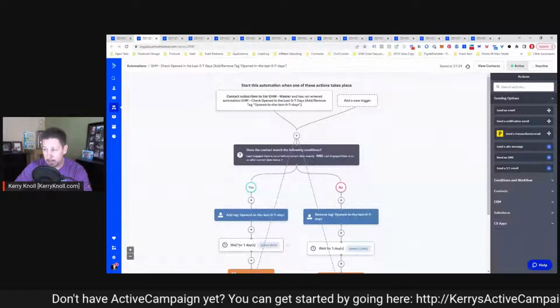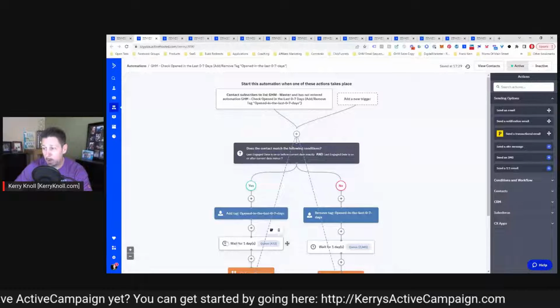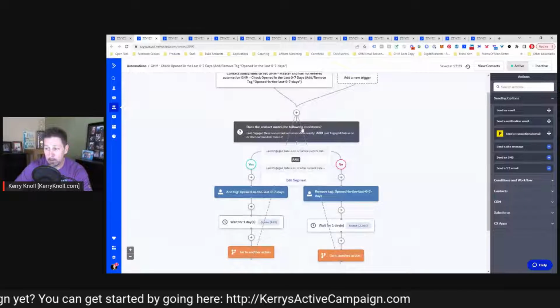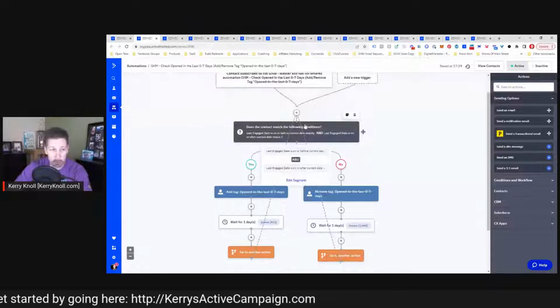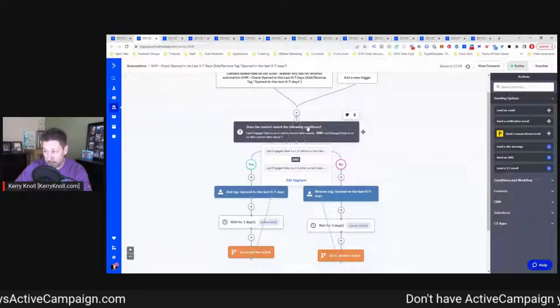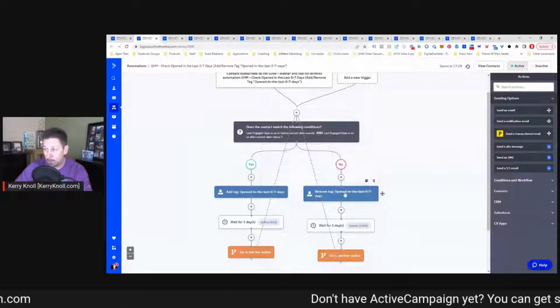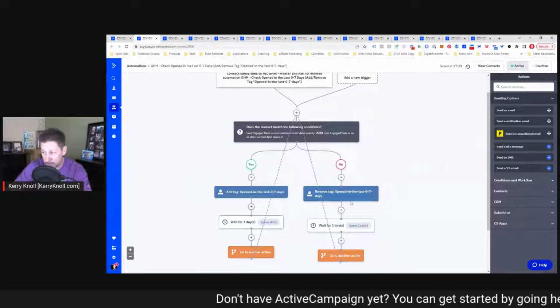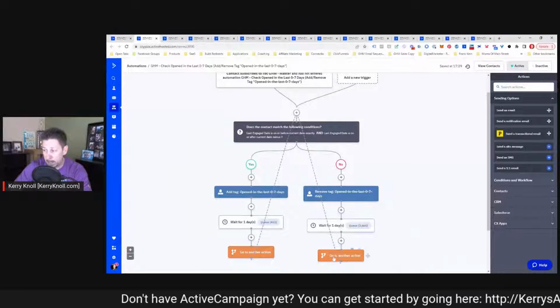opened in the last 0 to 7 days, wait for 1 day, and then we have a go to another action, which brings them back up to the decision tree here, or the if then else statement. And if they haven't opened within the last 7 days, they come down the no path, we remove that tag, opened in the last 0 to 7 days, and it waits for 1 day, and it goes